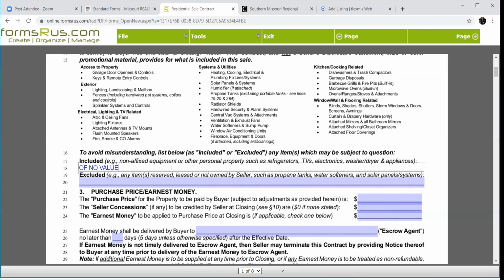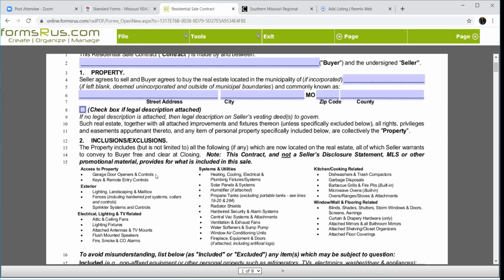You will have some lenders that will just flat come say, I need that removed from the contract. And you'll have to do a contract amendment stating, you know, property being sold at whatever, not to include tractor, and then your buyer and your seller will make a side agreement on their own to get that. But I put it in the contract because if it's not, and I need to go back and show you guys this very specifically in bold, this contract and not a seller's disclosure statement, MLS, or other promotional material provides for what's included in the sale. If it's not in the four corners of this particular contract, these 8 and 9 pages, it doesn't exist. So just because it says on the MLS that the tractor and the refrigerator and the TV are going with the property, if it's not in here, it doesn't exist.